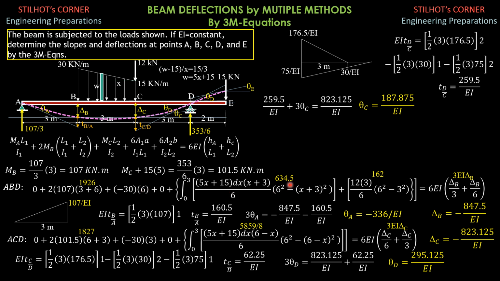The value of the integral is 64.5. The value of this expression is 162. And this is 6 EI times delta B. So computing for delta B is equal to